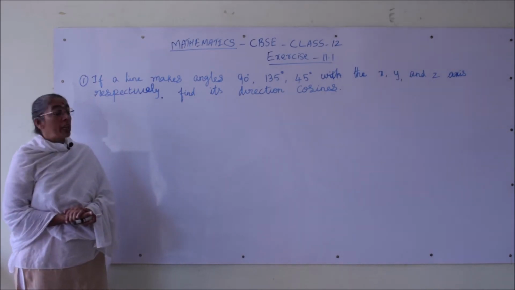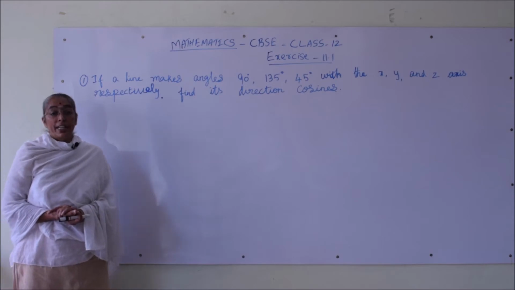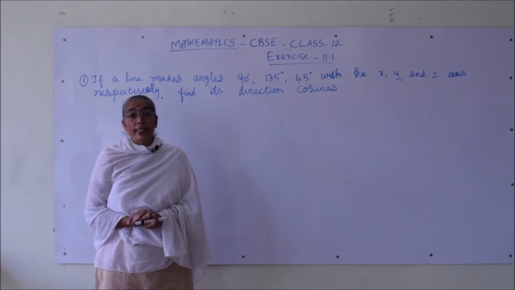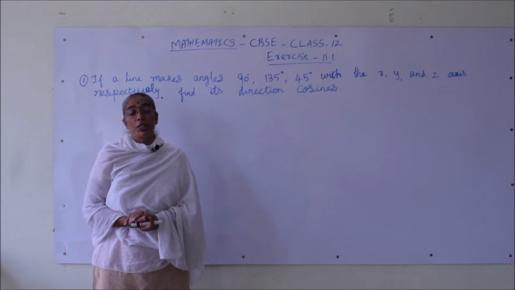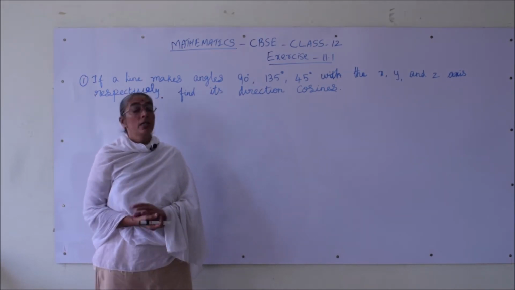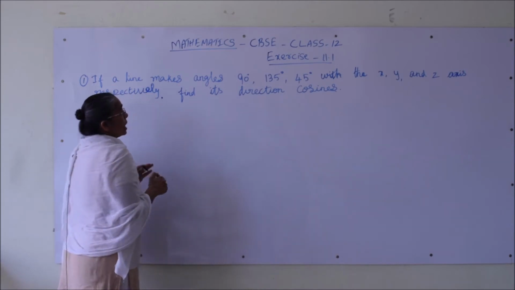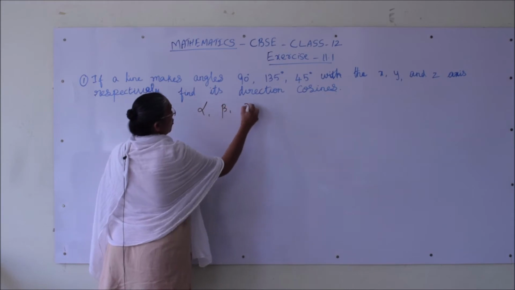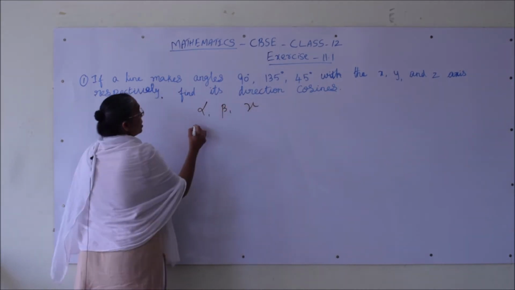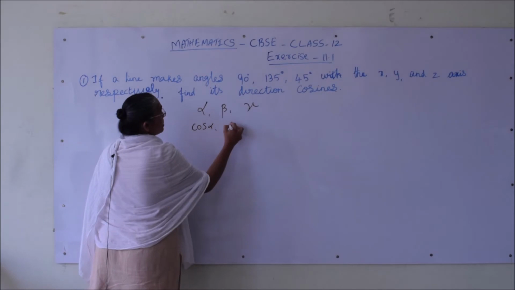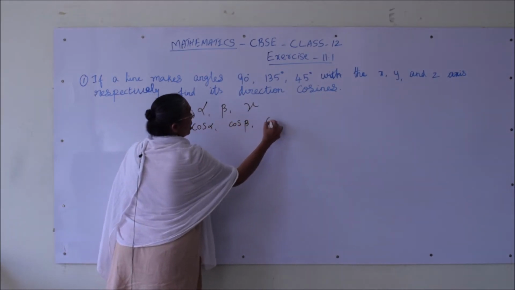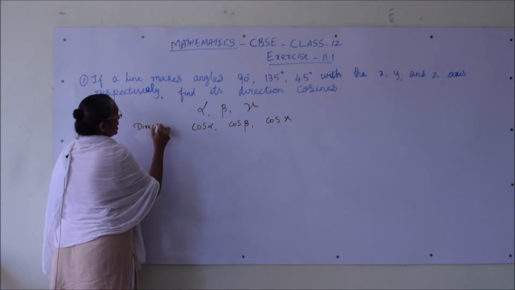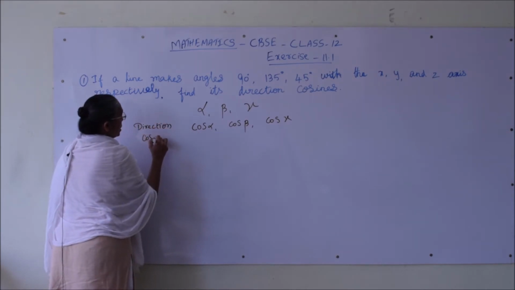So, what are direction cosines? Direction cosines are nothing but the cos of the angle made by the line with the positive direction of x, y and z axis. So, if alpha, beta, gamma are the angles made by the line with the positive direction of x, y, z axis, then cos alpha, cos beta and cos gamma are the direction cosines of the line. These are the direction cosines. So, using this formula,